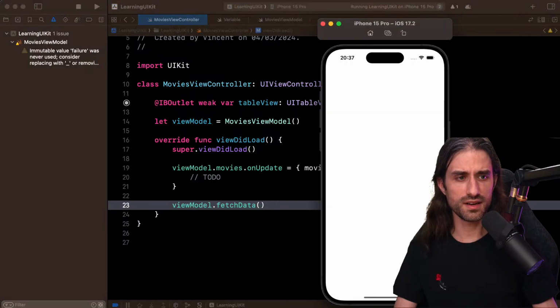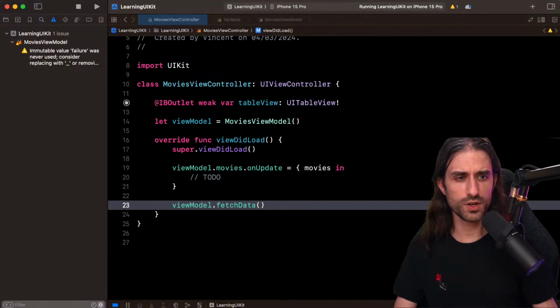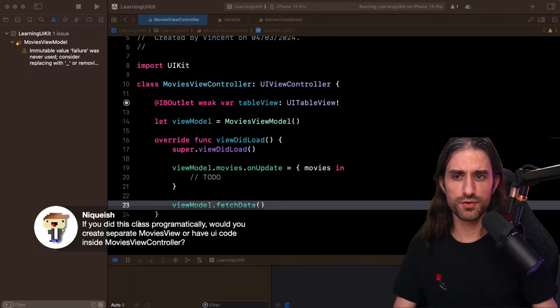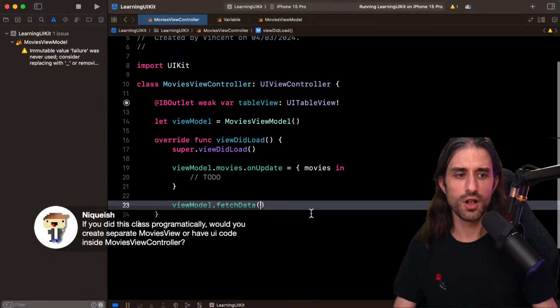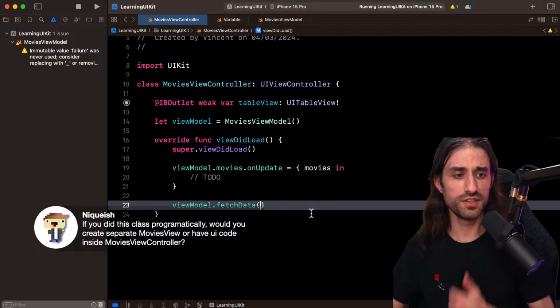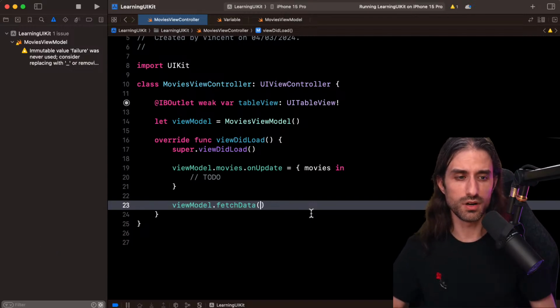Let me see in the chat, a question. If you did this class programmatically, would you create a separate movies view or have UI code inside the movies view controller? For this simple use case, I would still keep the logic inside the view controller, because there is only one view. So you don't need to create a movies view.